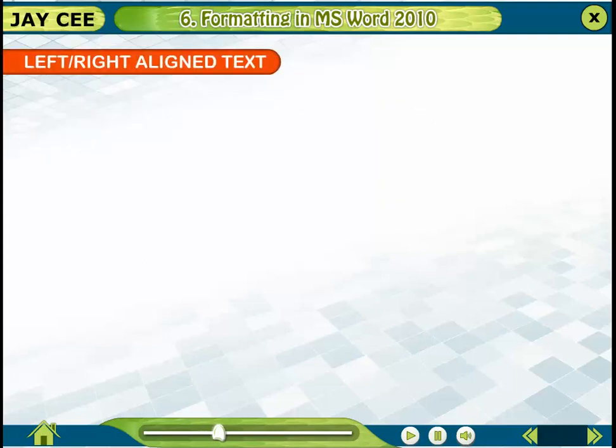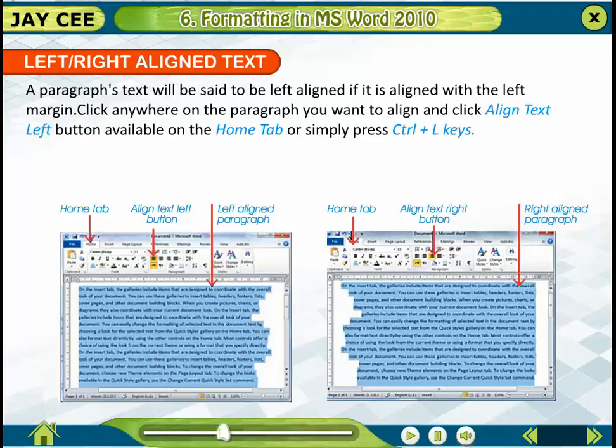Left aligned text. A paragraph's text will be said to be left aligned if it is aligned with the left margin. Click anywhere on the paragraph you want to align and click Align Text Left button, available on the Home tab, or simply press